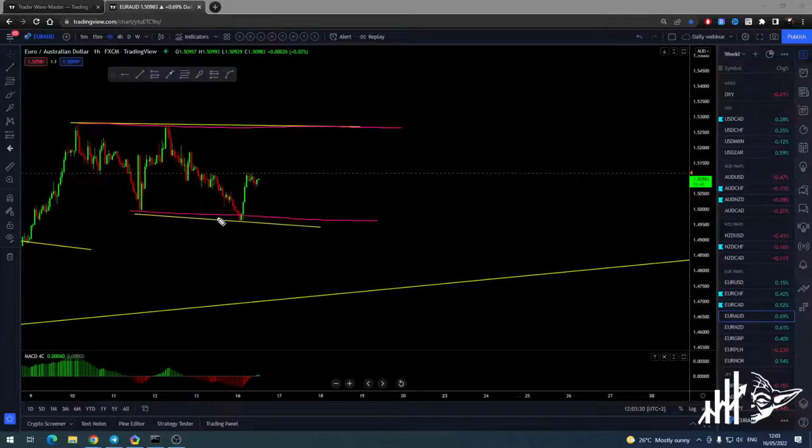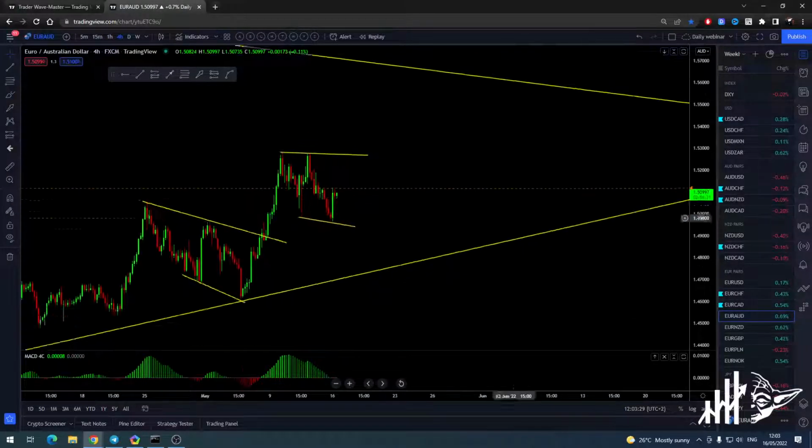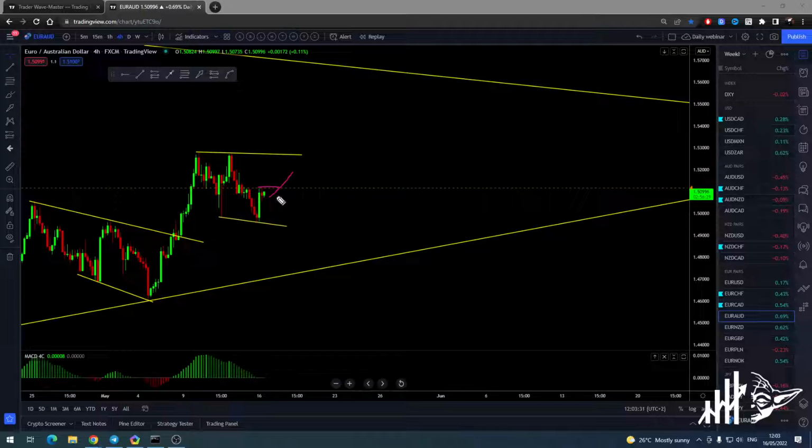Okay, your Aussie is going to go for the bigger correction over there, probably something like this, and then it will continue its way to the upside. Can it go earlier to the upside? I don't think so, but we can give it a chance. Go for this buy over there. Okay, let's see how it develops.